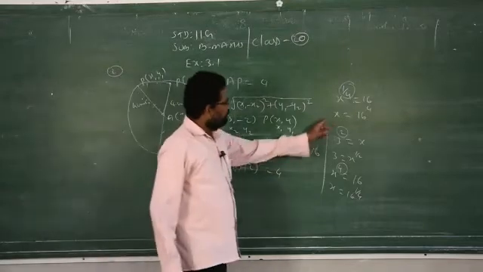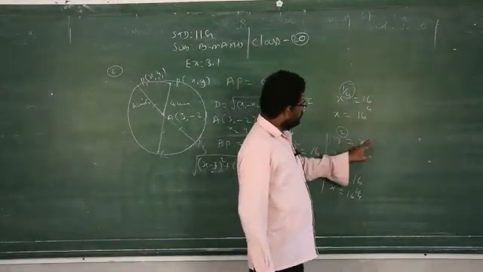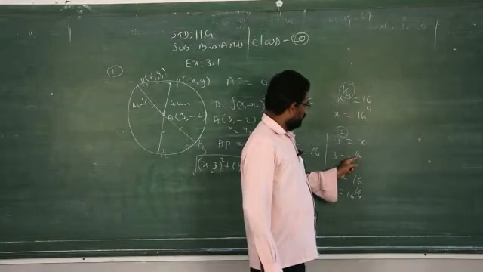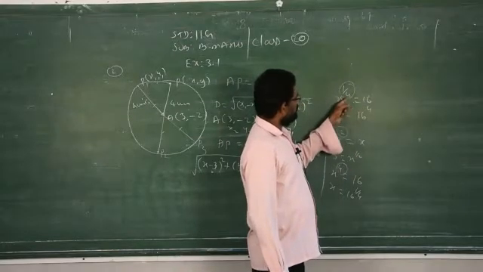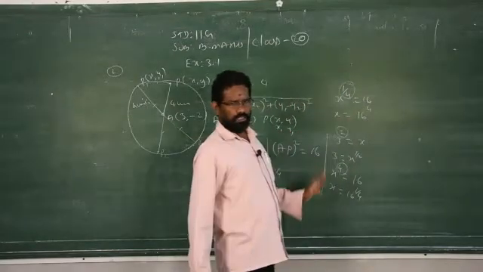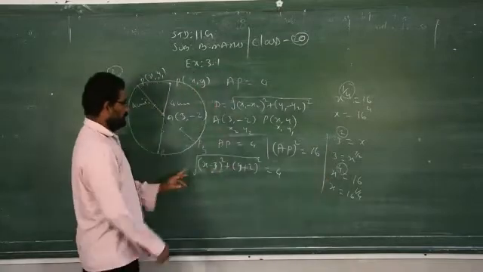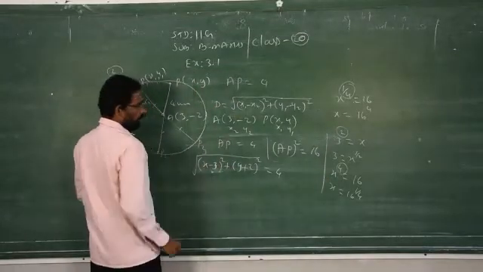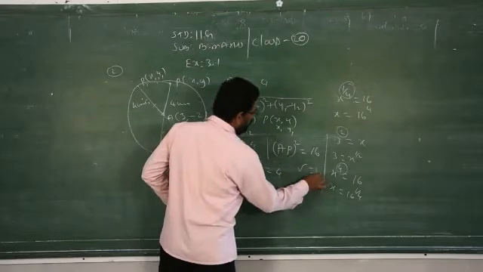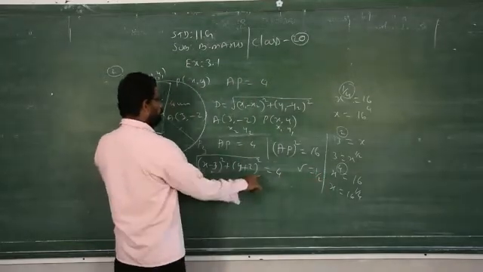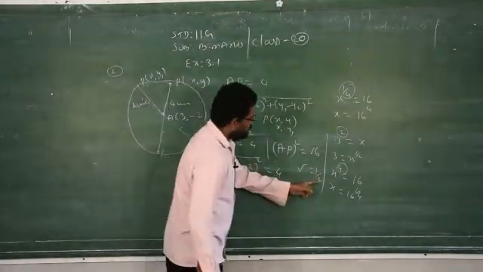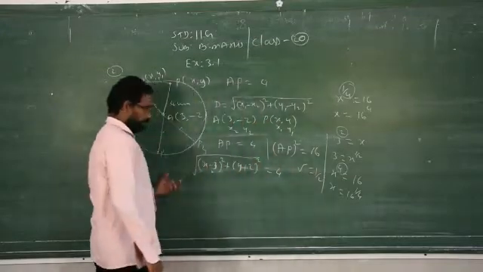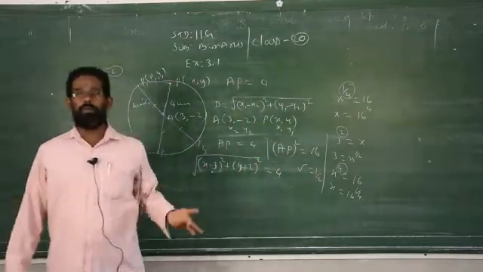Clear? So if it is 2, when you transfer to the right side, it becomes the reciprocal. If it is 1 by 4, if it is in fractional format, it becomes the reciprocal. So that is the basic concept. Based on this concept, now the square root, what is the value of the square root numerically? 1 by 2. If 1 by 2 is transferred to the right side, what is the reciprocal of 1 by 2? 2. For that only we set squaring on both sides.